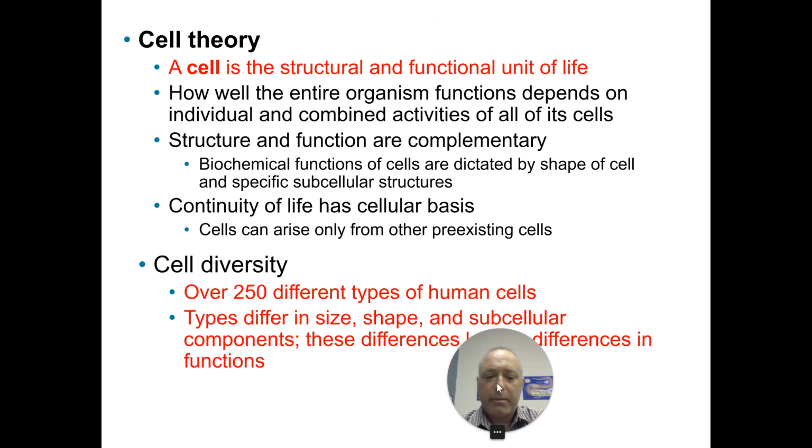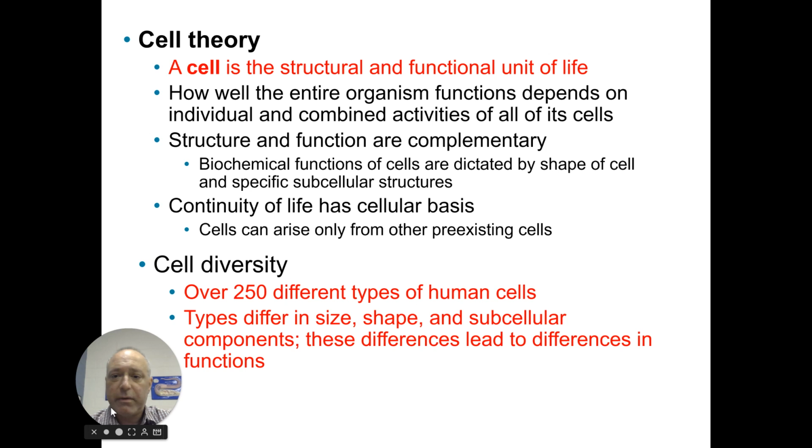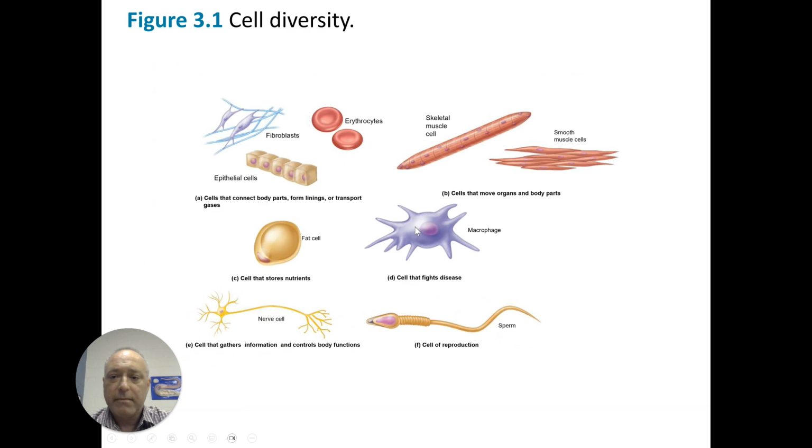So first we'll start out with what's called cell theory. A cell is a structural and functional unit of life. There are over 250 different types of human cells, different size, different shape, different subcellular components, and these differences lead to different function. So here we've got just a few different cells,